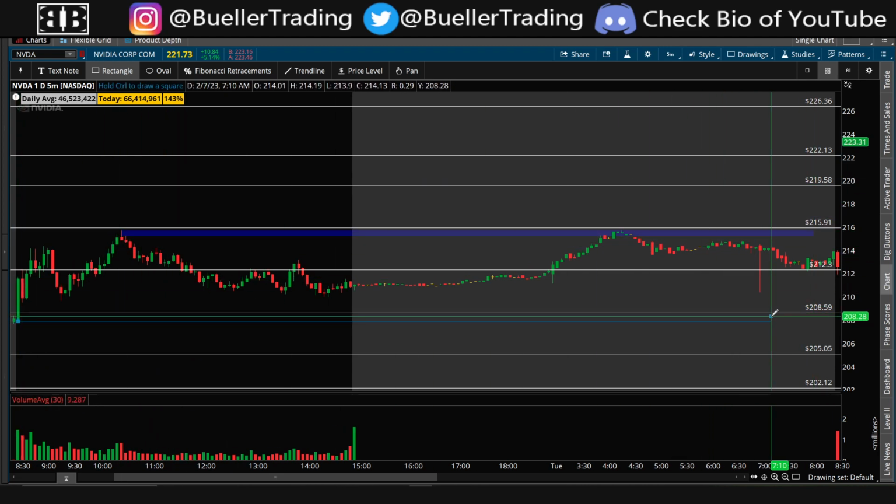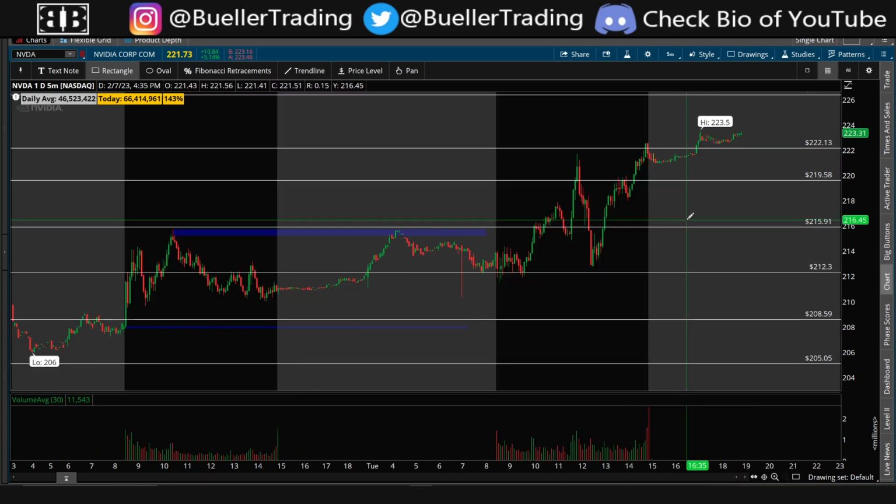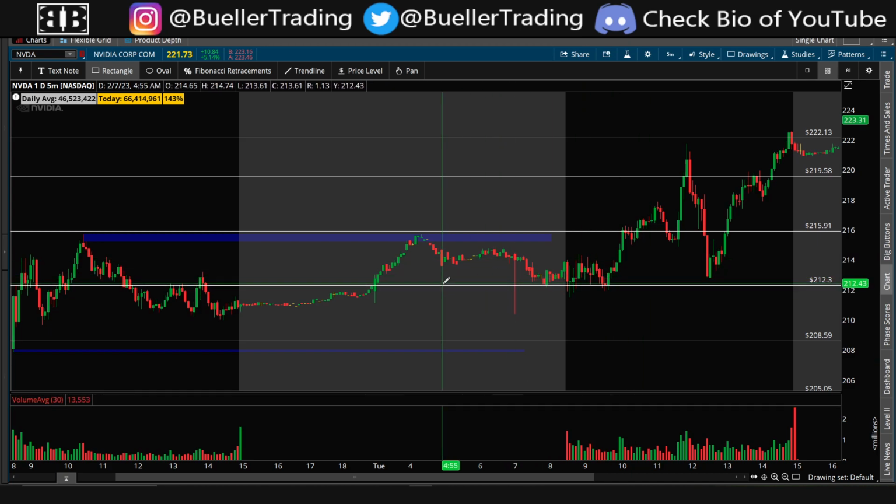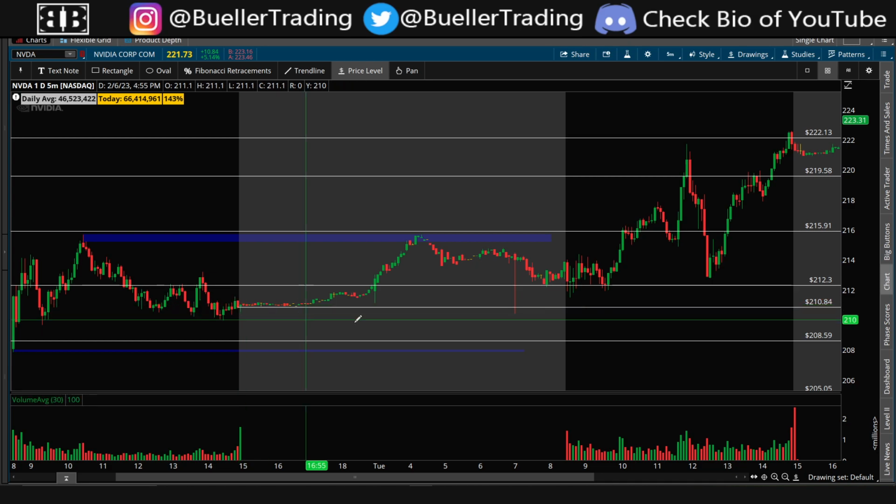You have the previous day low in the open, kind of in the same vicinity, and that was kind of the initial range for the day. You have pre-market high right here. You have this 216 level right here, which would have been a very good break above or a good break below 212, which really this wasn't even that strong of a break below because your pre-market's just right there, and you would have had to worry about your previous day close, which is right here. So that would have been a good break below, is below 210.84 and for 208.60, and that would have been